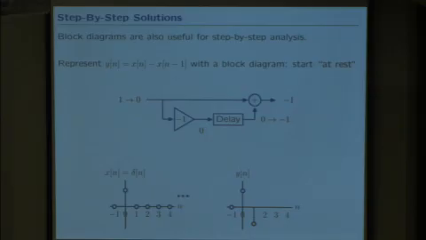So then what happens? The 1 goes to 0, the 0 goes to -1, the 0 adds to -1, and we get an answer which is -1. Then the input becomes 0. That 0 comes down here. The -1 goes to 0. We end up with 0 being added to 0, and the next answer is 0, etc.